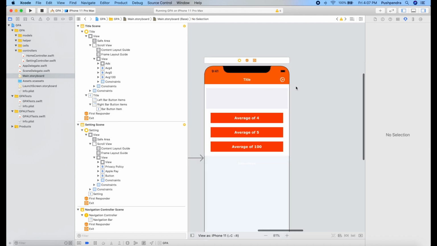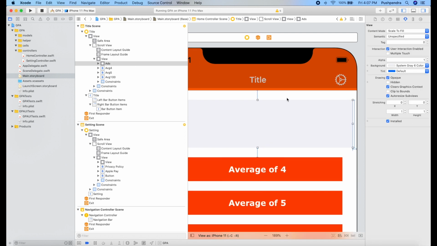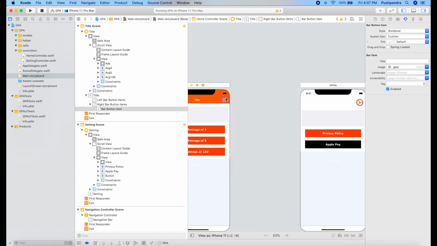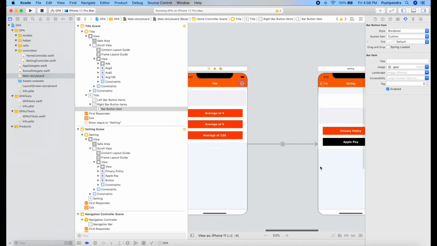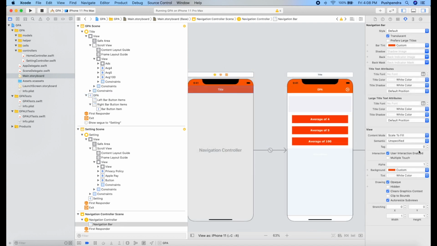Same for average 4, average 5 will remain the same, we don't need to change anything in them. And I will open a tab container, means I will apply a click event. This is GPA, leave it as it is. Now we don't need to make any change, we just need to change the font.